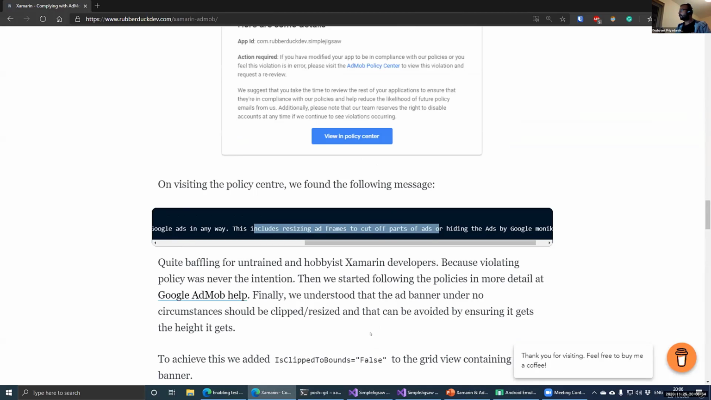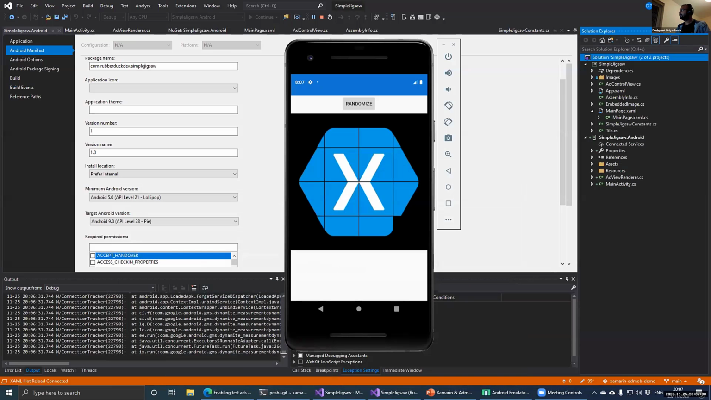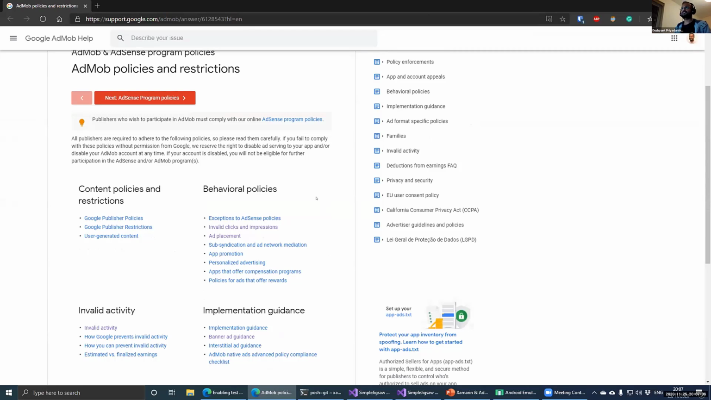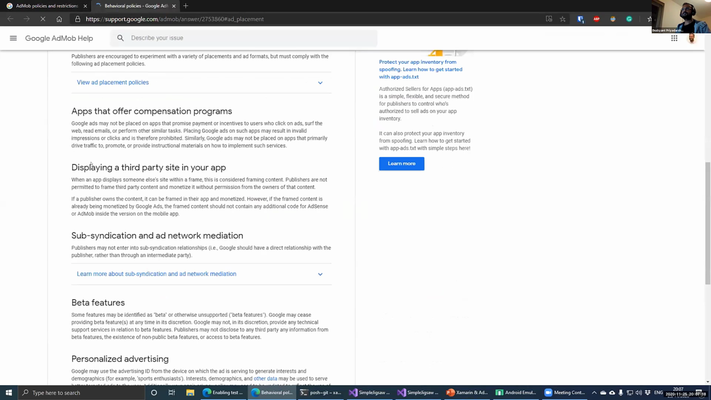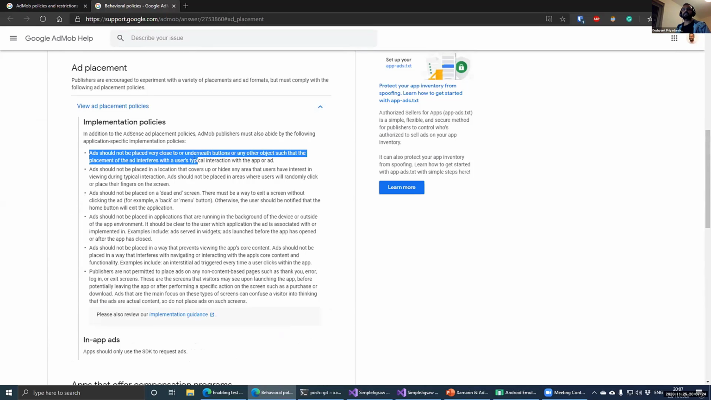From then on, I started investigating more into Google's policies. I realized Google has a big description, a lot of documentation around its policies, so you have to go through a lot of them. But the main one to be aware of is ad placement. Obviously, you cannot be placing your ad next to buttons that users should be clicking. If you do that, it could be a violation of policy, if they think you are deliberately doing it so that users click your ad by mistake while clicking a button, for example. There are a few other things to be aware of, but the main thing is